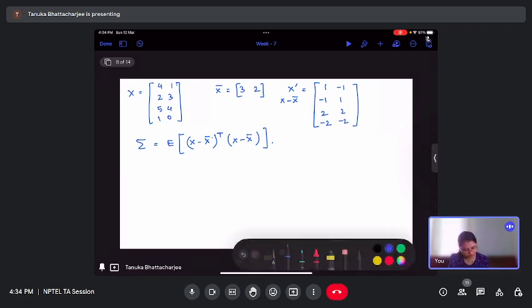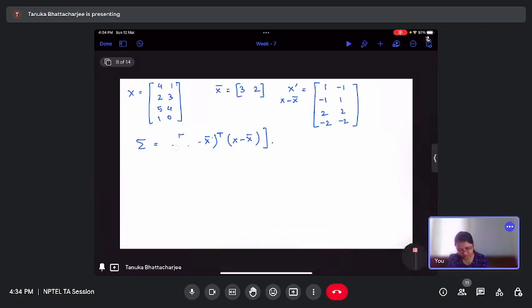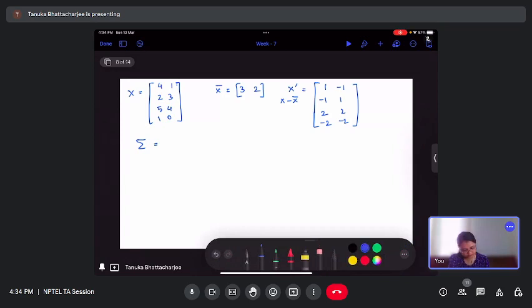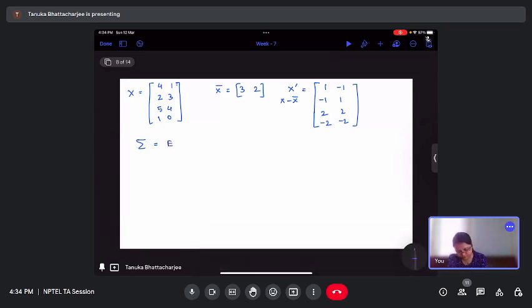For each sample, this is the formula. Now if you want to compute the covariance matrix here,